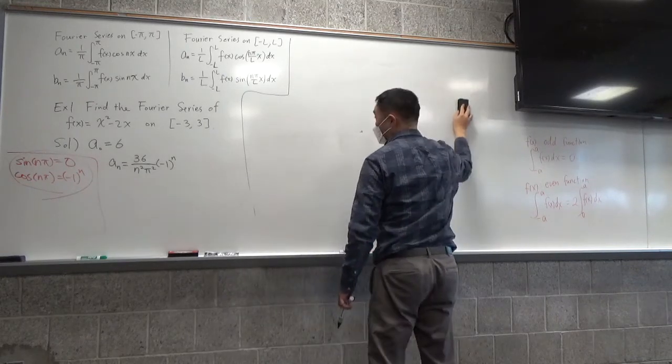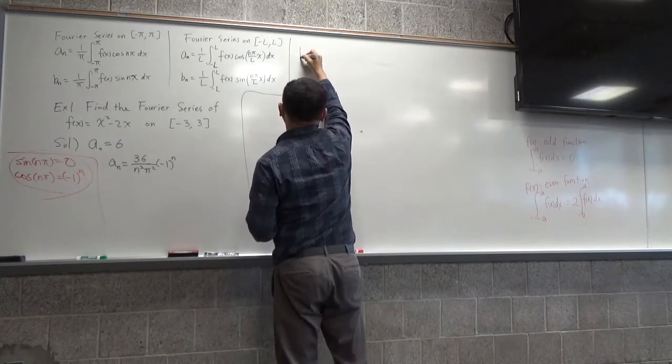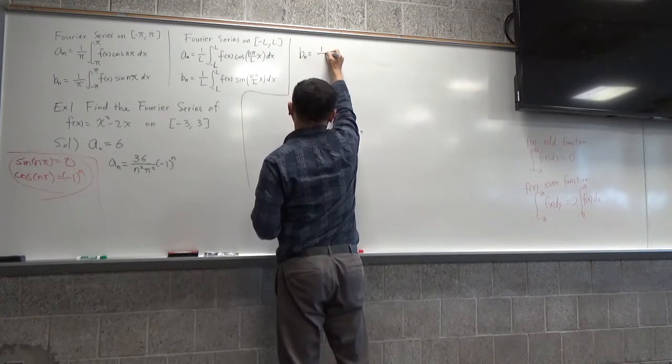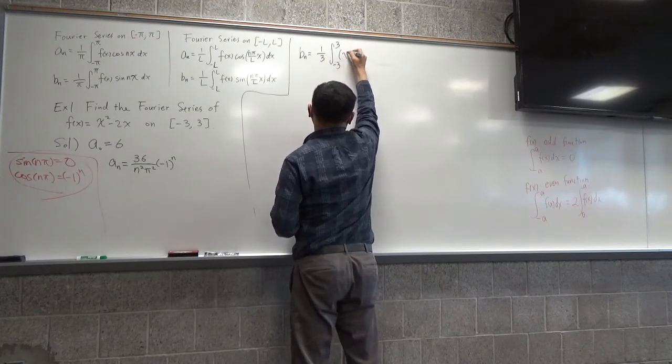I still have my seat. Cosine. That would be 0. So this would be